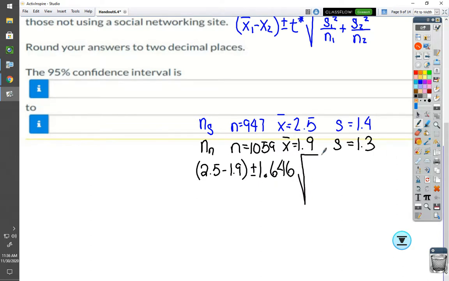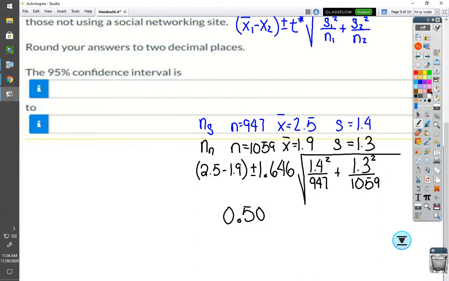Then we're going to multiply that by the standard error, and the standard error is going to be 1.4 squared divided by n, which is 947, added to 1.3, the second standard deviation, squared, divided by 1059. Put all of that into your calculator, and you're going to put it in two separate times. When you put in the first one, the one utilizing the minus sign, you get 0.50. You always want to do the minus sign first. The second one you get will be 0.70. This is our CI value for 95%. So the intervals are